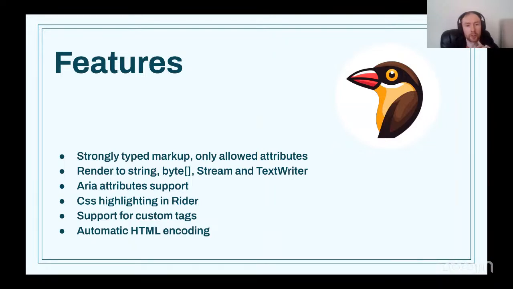The difference is that it only allows certain attributes. For example, for input, only certain attributes are allowed, and those are not allowed for general text like div. It can render to string, byte array, stream, and text writer. It also has area attribute support, and if you're using Rider IDE, you can benefit from